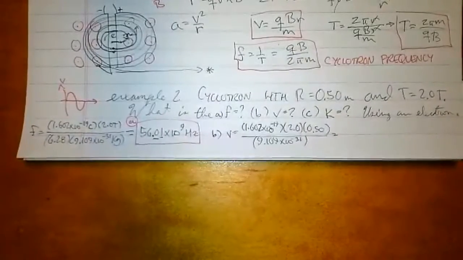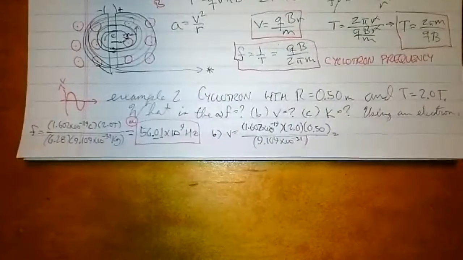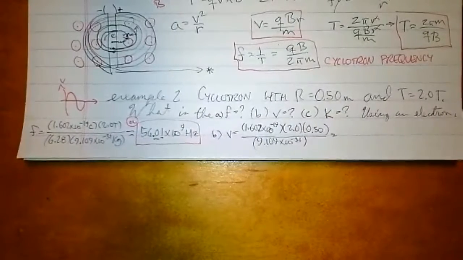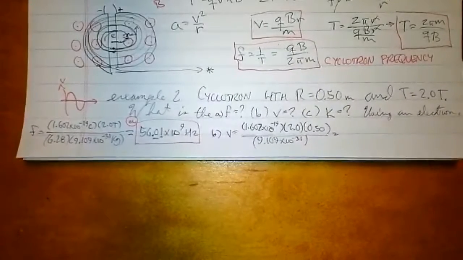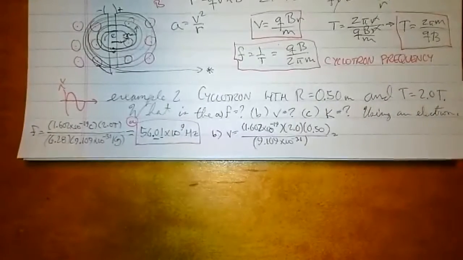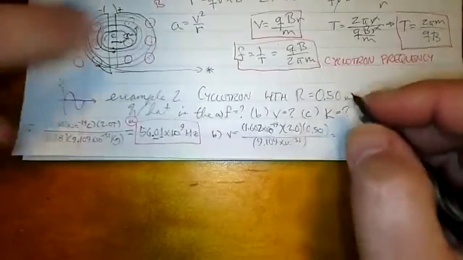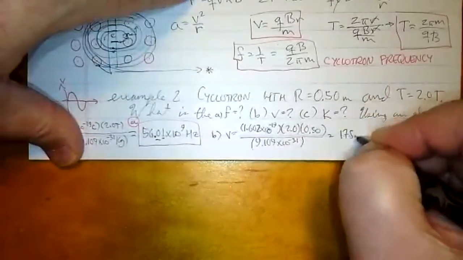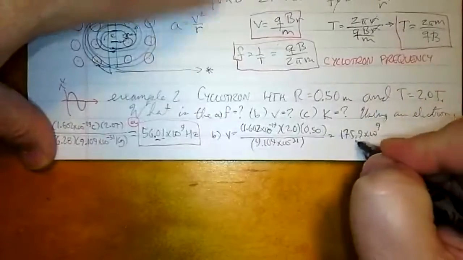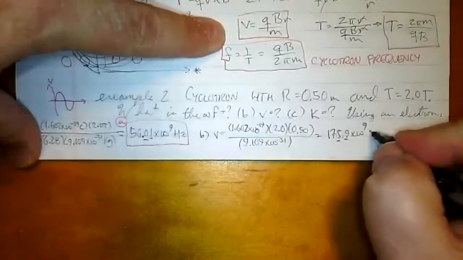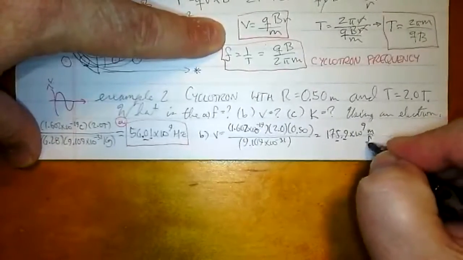So I'm going to say 1.602e to the negative 19 times 2 times 0.5. Obviously, they're going to cancel each other out. I'm going to divide that by 9.109e to the negative 31. And in this case, I get 175.9 times 10 to the 9th, 2 extra sig figs again, and that's meters per second,